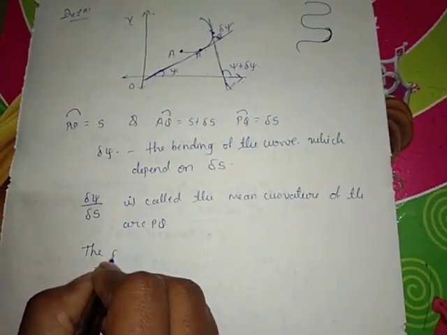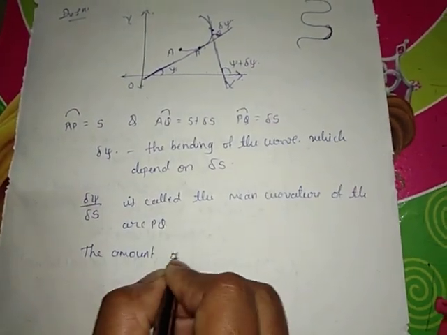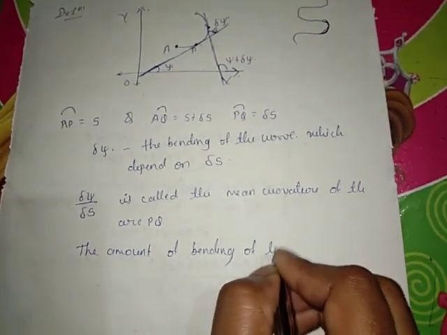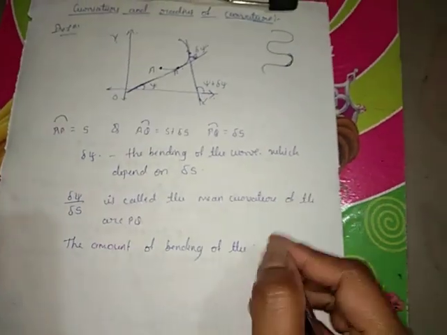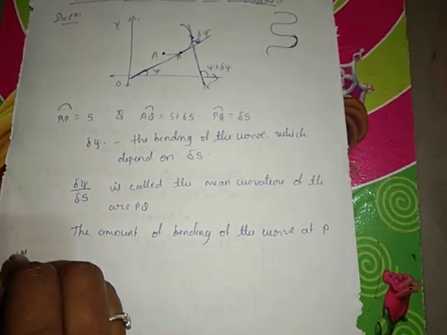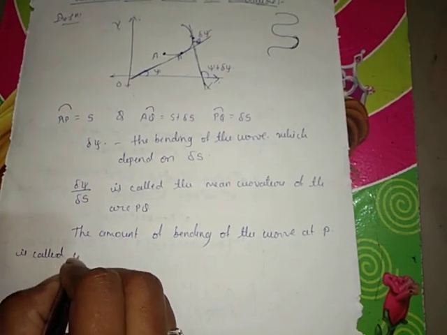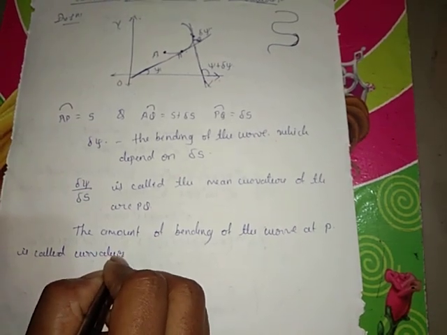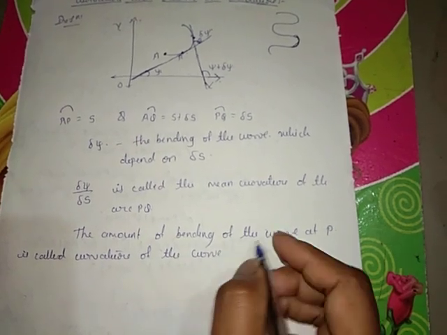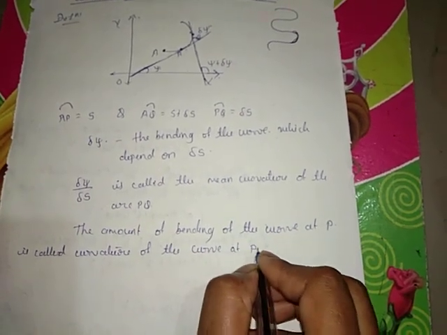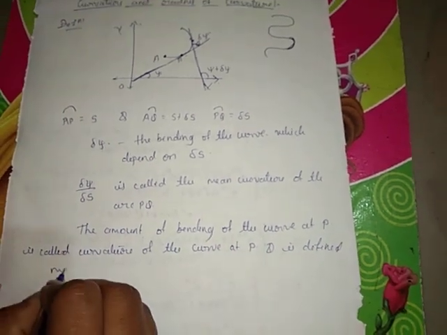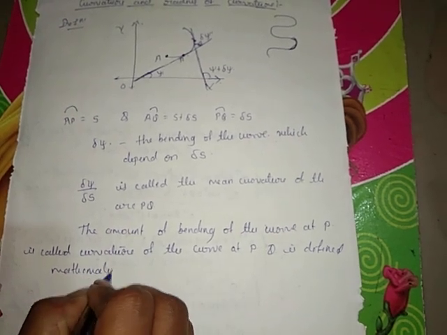The amount of bending of the curve at P is called the curvature of the curve at P, and we define it mathematically as